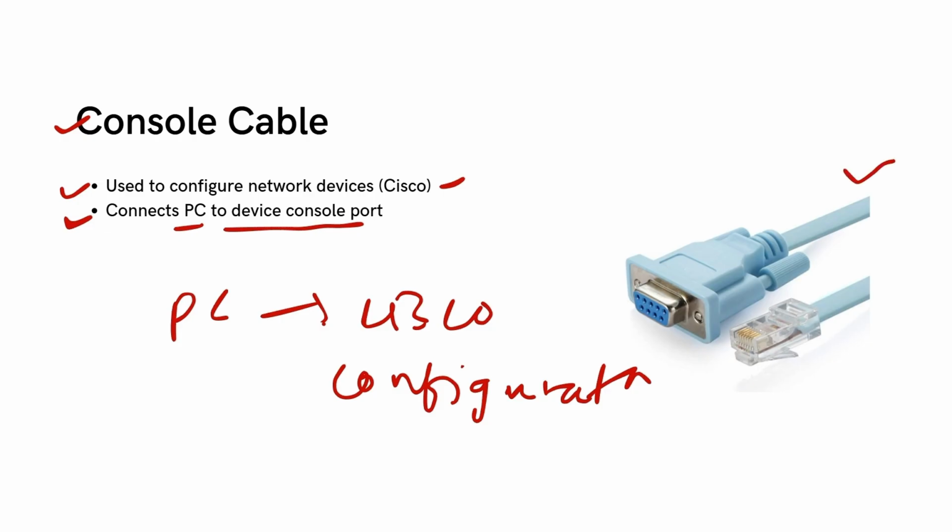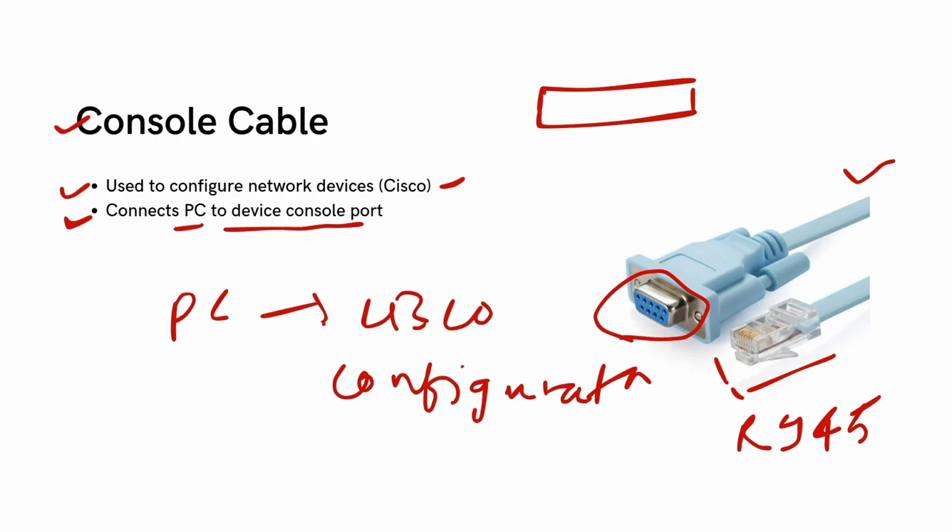This is the RJ45 connector. This is the pin. Okay. This is the device. Okay. Here is the console port where this RJ45 connector will connect, and it is used with a terminal software like PuTTY,